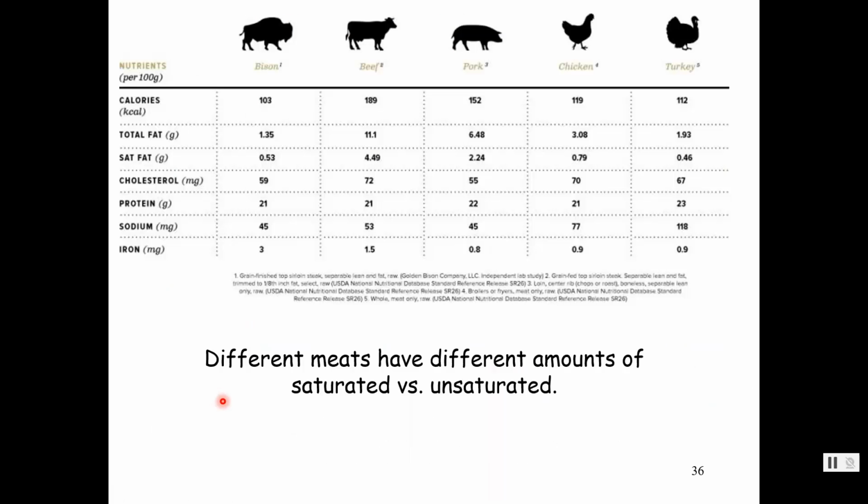Also, I just want you to know that meats have different amounts of saturated versus unsaturated fats. And this was put out by the Bison Company, so I don't exactly know how true these numbers are. But it's showing you there's total fat, saturated fat, amounts of cholesterol, and so things will have a different amount of saturated fats. Even though it's all meat, there's just varying amounts of fat. So they're trying to sell you some bison. So they're just saying that bison is the substitute for beef, and they're just showing you, oh, look how low it is in saturated fat. But turkey takes the cake. It is the lowest in saturated fat.